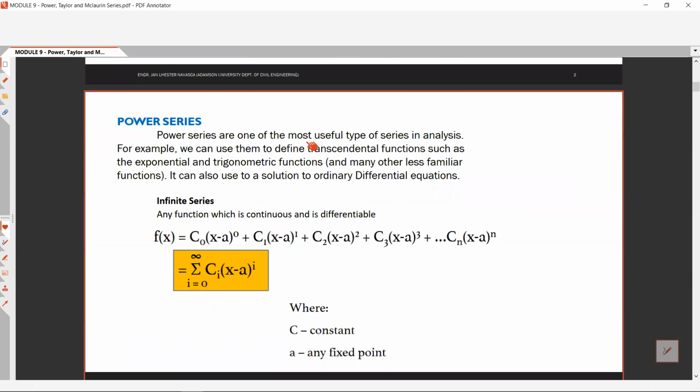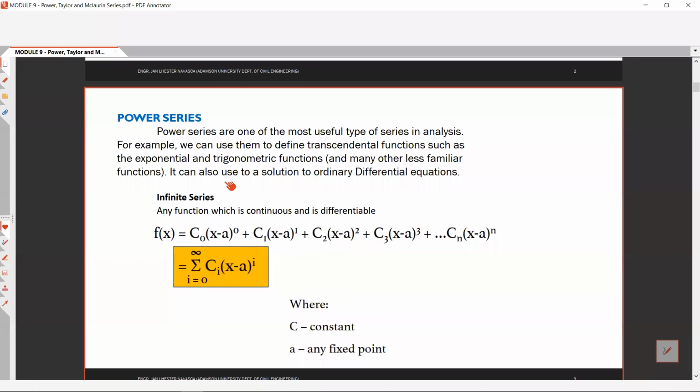of series in analysis. So for example, we can use them to define a transcendental function such as the exponential, the trigonometric functions, and many other less familiar functions. So it can also be used as a solution to ordinary differential equations. So yung infinite series or any function which is continuous and is differentiable,